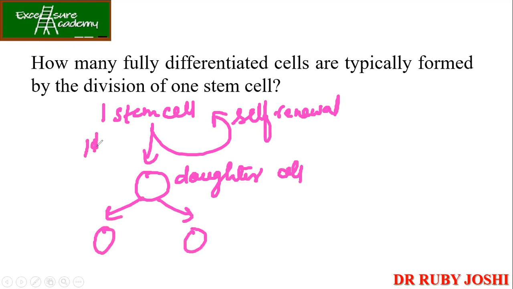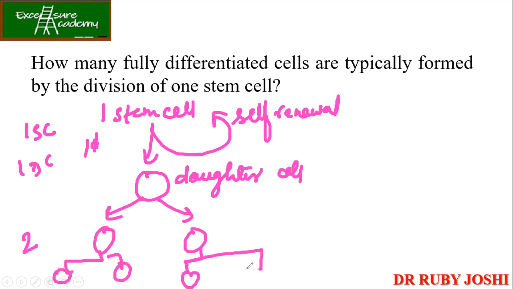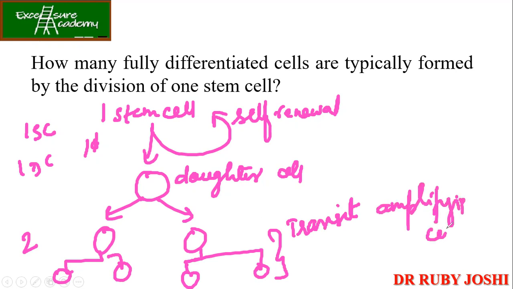So first generation में आपको एक stem cell मिलता है, एक daughter cell मिलती है, ठीक है? Then in the second you get actually two. Then in the second generation, further it gives you another two, from each you get two copies of the daughter cells. Now on the third generation, see these fours are finally known as the transit amplifying cells, ठीक है? Now these are the cells that come in between the stem cell and the differentiated cell.